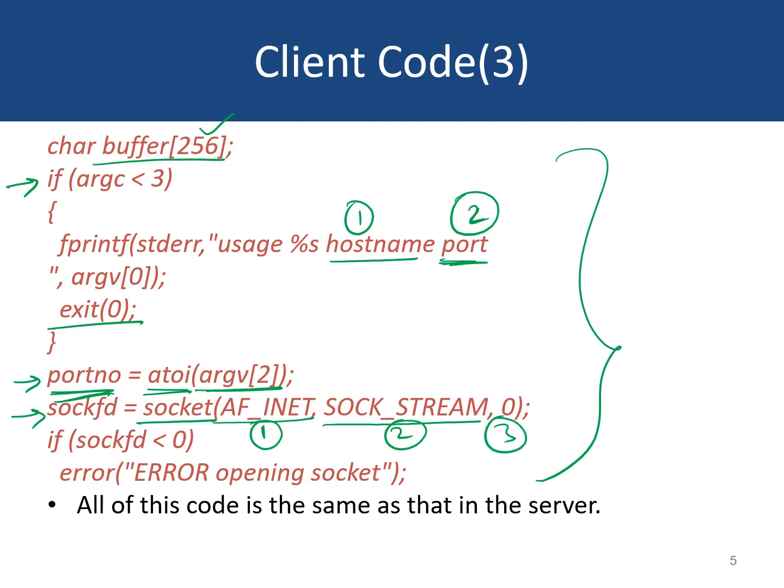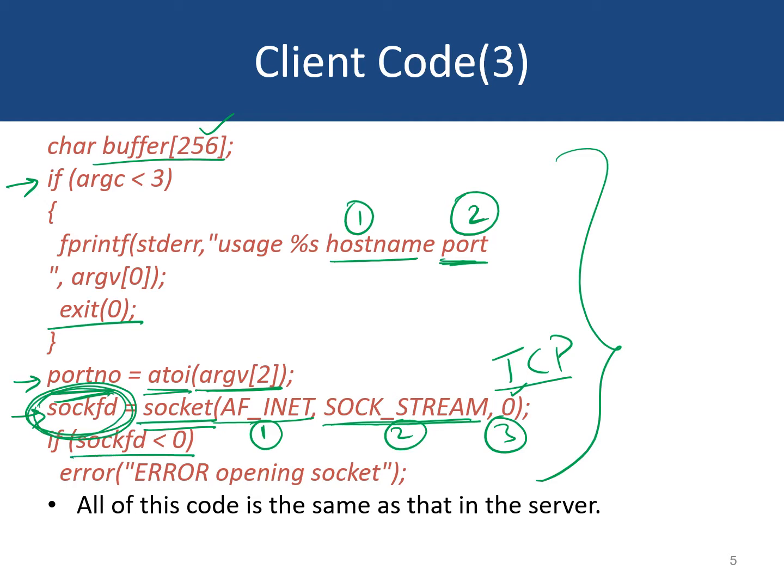And finally, recall the third argument was the protocol that we want to use for this socket. 0 means that we will allow the operating system to choose the most suitable protocol for the specified socket type. So recall once again, for stream sockets, the operating system will choose TCP protocol. If the socket system call succeeds, this will return a small integer which would be the file descriptor for this socket. We'll store this file descriptor in the sockfd variable declared earlier.